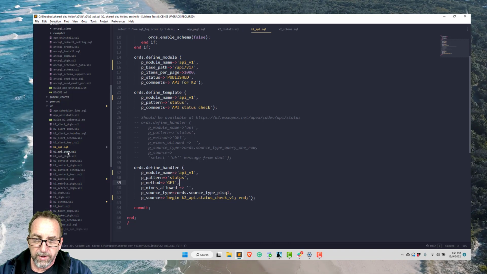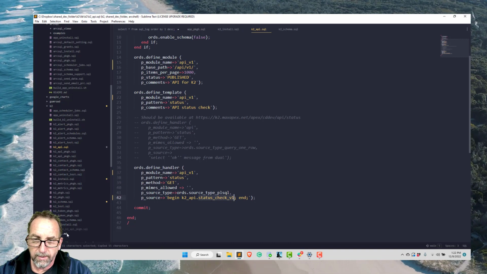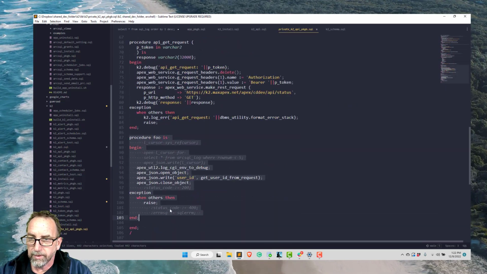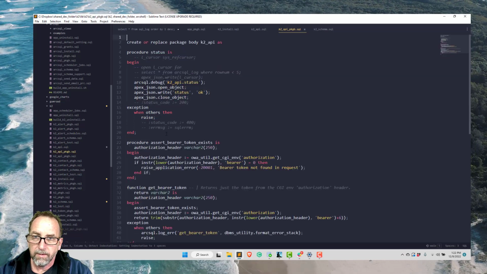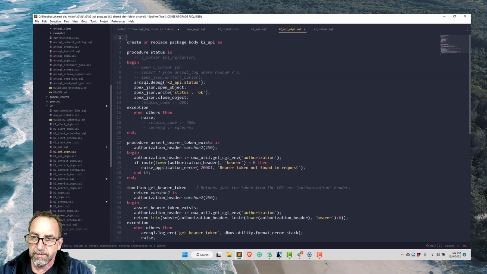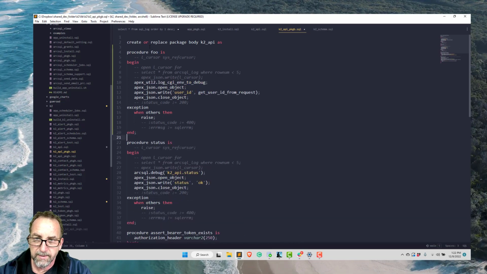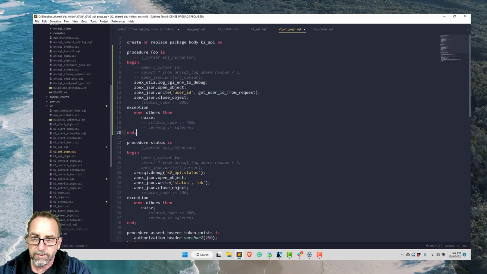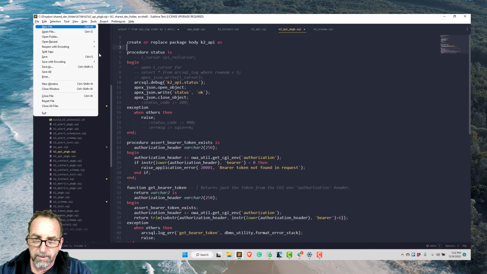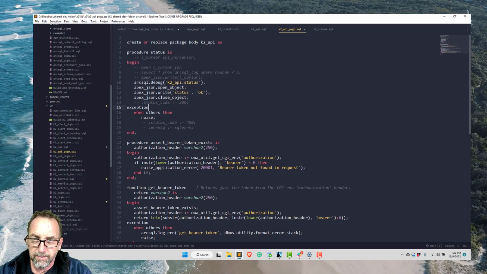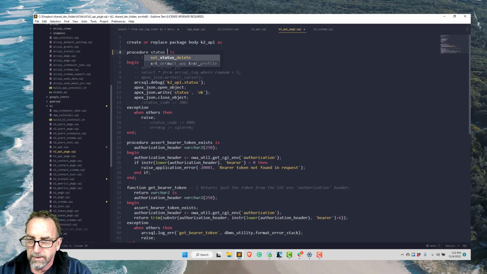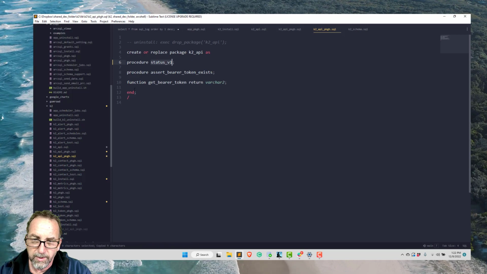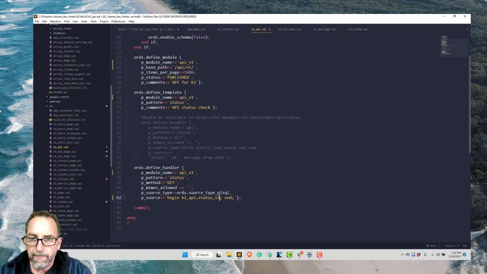So status check v1. So I'm gonna go back down here and look at foo, because that's what we had. And we're gonna go ahead and bring that up. And I do have a procedure status. I think I've already done this. Let me see if that's the same basic thing. Yes, it is. Okay, yeah, we were getting the user ID from request for that, but that's not what we want. We just want status. So actually all we need to do is change this to status v1, check our header, status v1, and then we'll go back to API and we'll just change that to status v1.